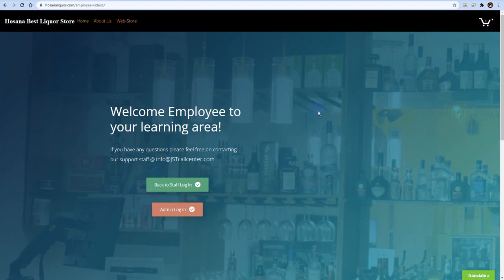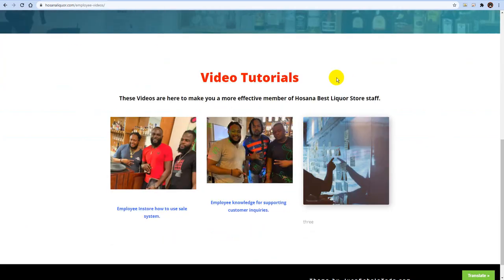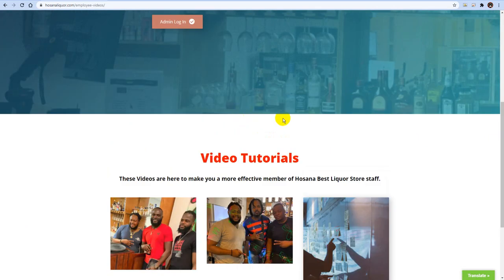Here we see that we have a welcoming page welcoming our employees here. This area also has room for growth. For example, we can have employees come in and clock in. Those are additional features that you can activate on your website to know when your employee comes in and when your employee goes out, if you have a salary